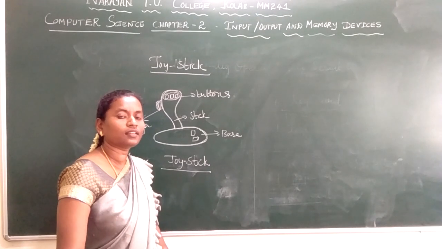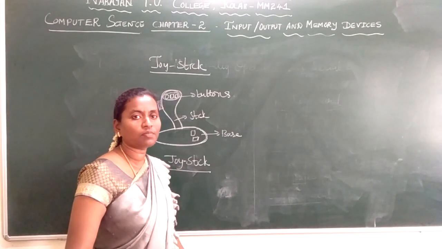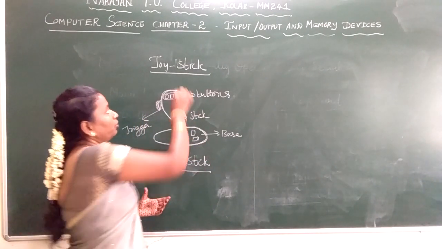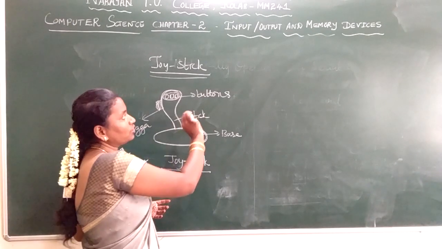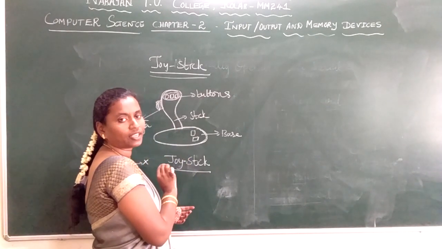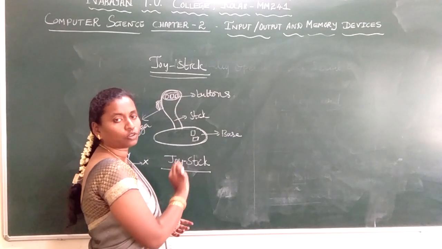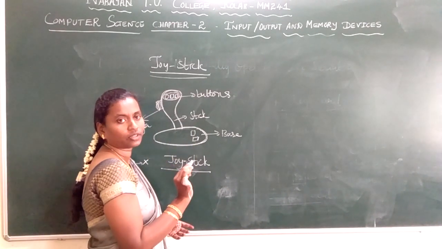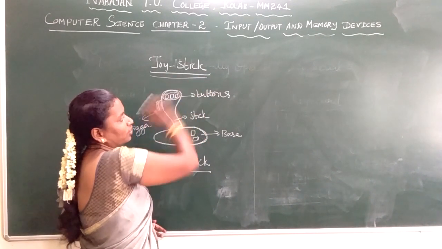So the next input device. First we have seen the keyboard, next the mouse, and the next input device is the joystick. We are familiar with the joystick. Basically, why is it used in video games? In online gaming, especially in video games, they use the joystick. Joystick is one of the input devices. Basically they use it in your video games, in gaming applications and online gaming.